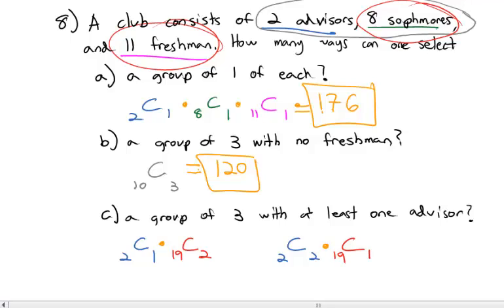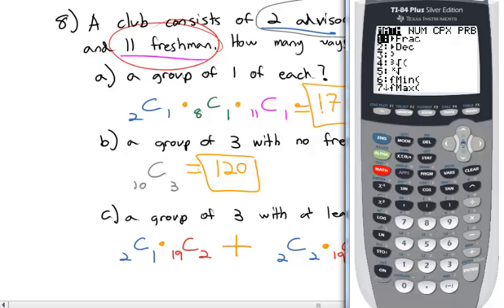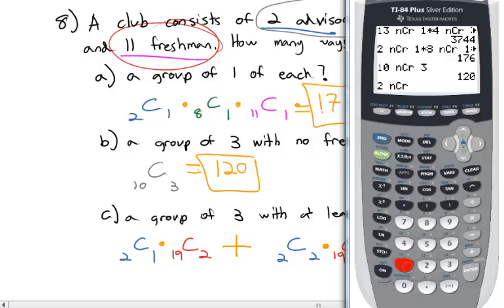Now we know we multiply the combinations together to get the total numbers, but these 2 groups are exclusive. We're saying we don't want both of these to occur. We want one or the other to occur. And in the situation where we've got an or, one group or the other to occur, we're going to add those groups together. So what we want to actually calculate here is 2 choose 1,